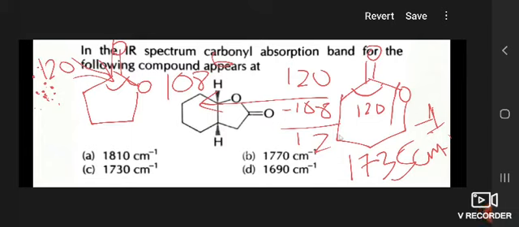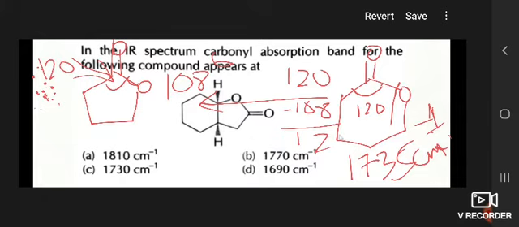So in this compound, look here: if the ring size decreases from 6-membered to 5-membered, then angle strain arises. The requirement for an sp2 hybridized carbon is 120 degrees. But for 5-membered ring compounds the bond angle is 108, so there is an angle strain of 12 degrees, and due to this angle strain, the percentage of s character increases,